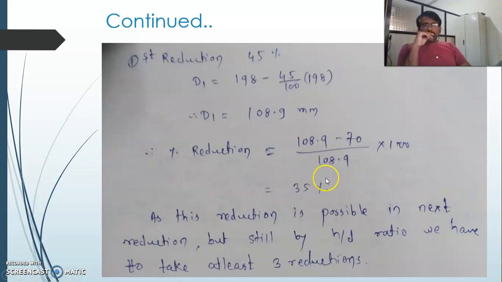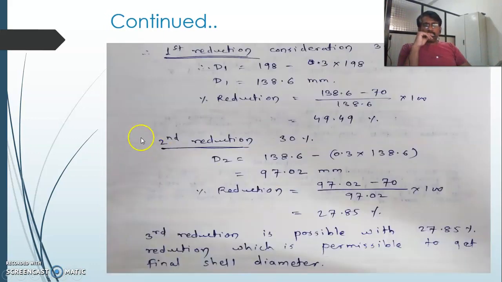But in this case the value is more than this, which means the initial draw operation by 45% is not suitable. So we should think about the next possibility for getting the reductions, and for that purpose we consider the first reduction by 30%. By 30% the blank diameter will be 198 minus 30% of 198,